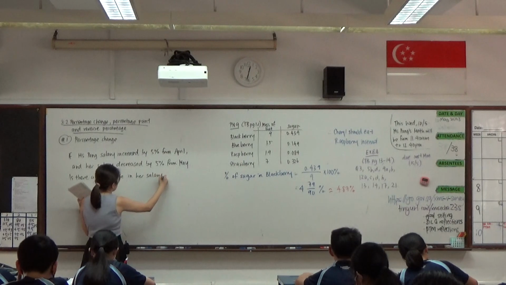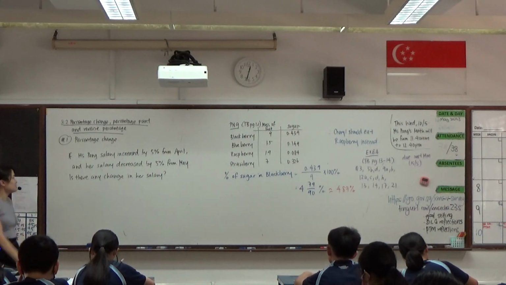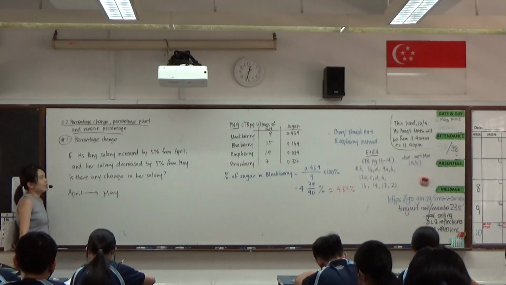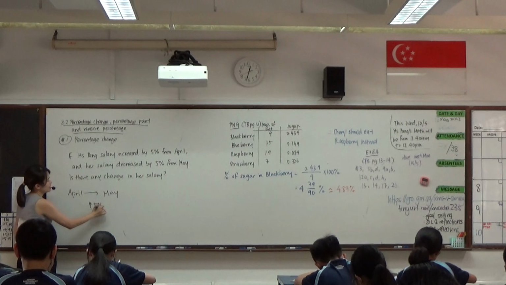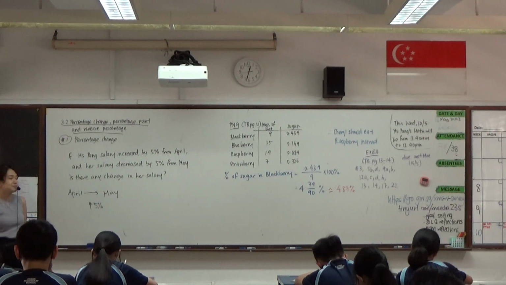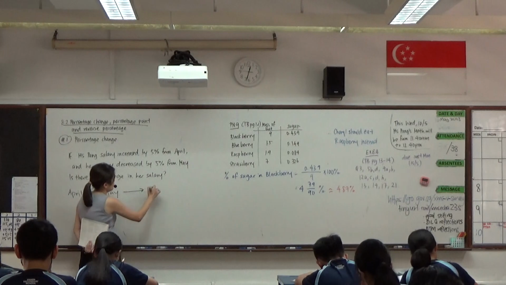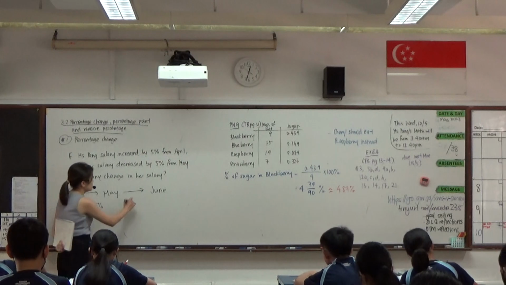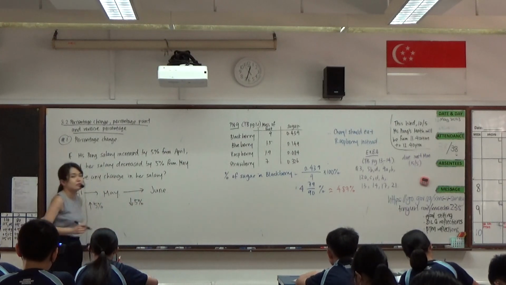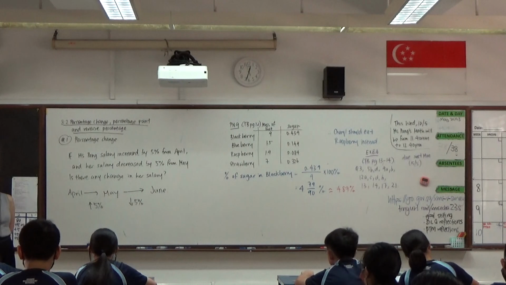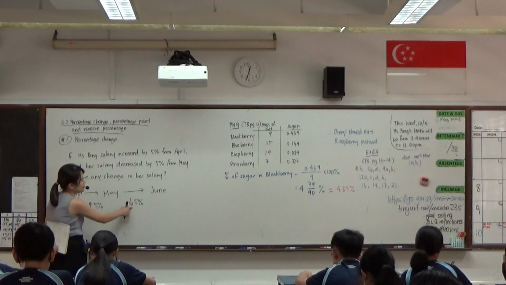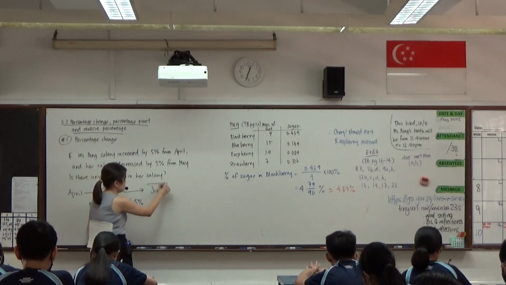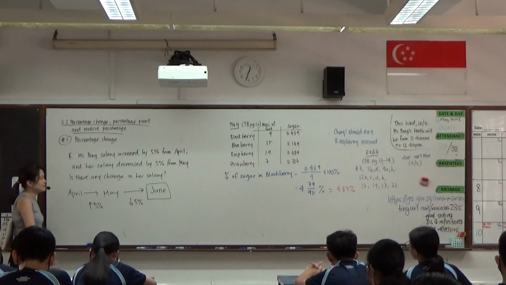Yes, we went up. So let's say April to May, we're looking at an increase of 5% from the amount that I earned in April. And then from May to June, based on this statement, there's a decrease of 5% from what I earned in May. So is the amount that I'm going to earn in June the same as the amount that I